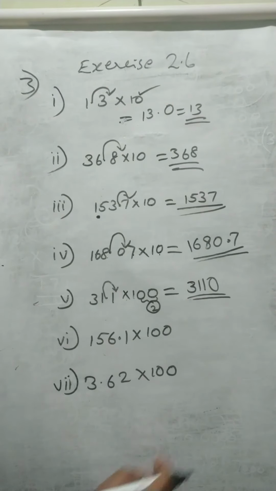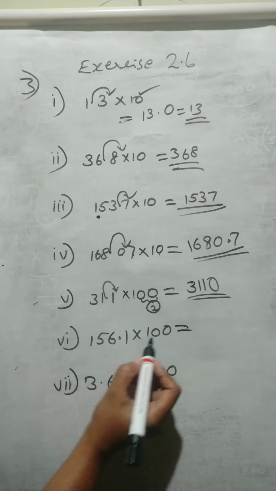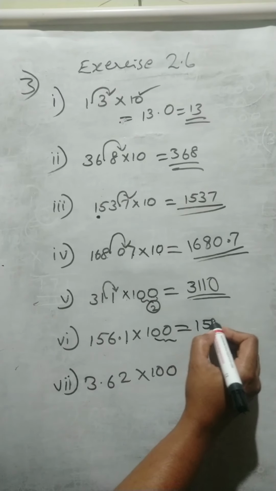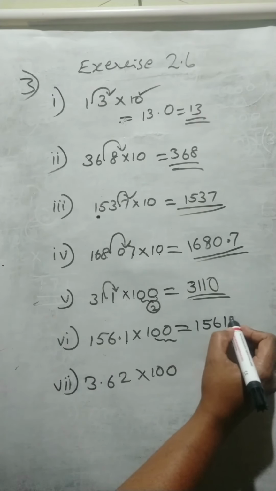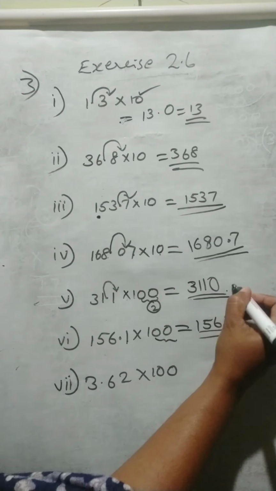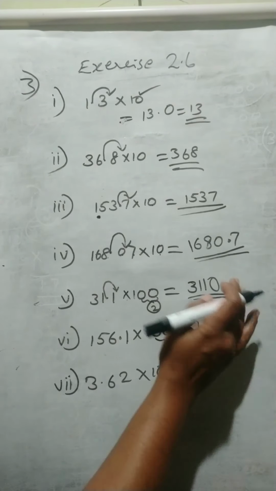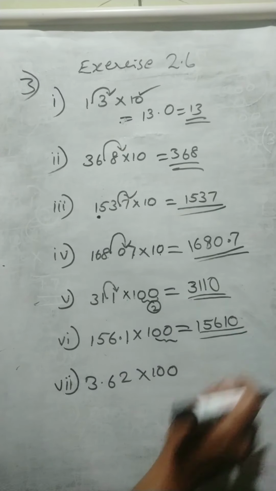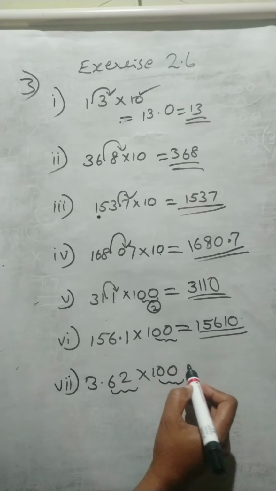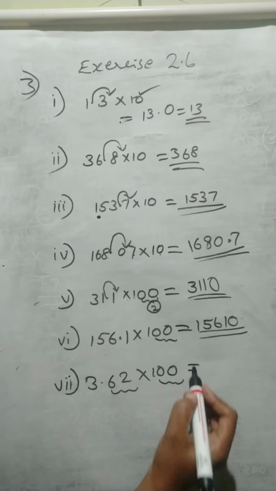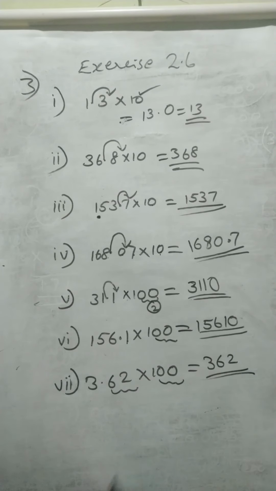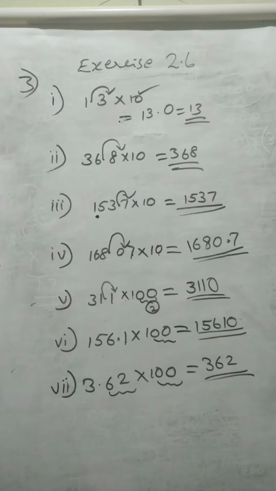Okay. Then here 2 zeros but only one digit. So what can we do? We can write all digits, then keep there 1 zero. There is no decimal. Here actually 0.0. If you need, we can keep it there, but the value will be same. Then here 2 zeros, then 2 digits also. So we can take this to before decimal point. That is 362.0. So the answer will be 362 itself.